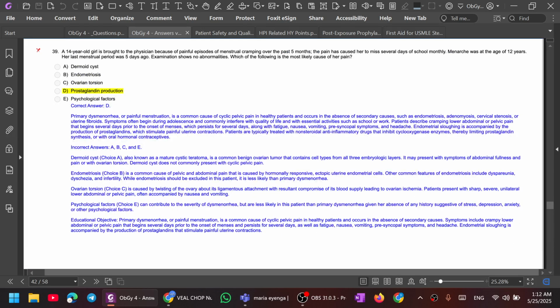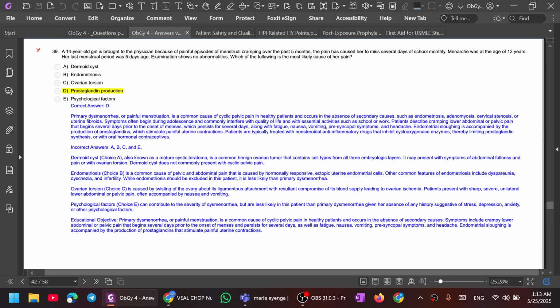Is prostaglandin production. Primary dysmenorrhea or painful menstruation is a common cause of cyclic pelvic pain in healthy patients and occurs in the absence of secondary causes such as endometriosis and adenomyosis, cervical stenosis, or uterine fibroids. Symptoms often begin during adolescence and commonly interfere with quality of life and with essential activities such as school and work. Patients describe